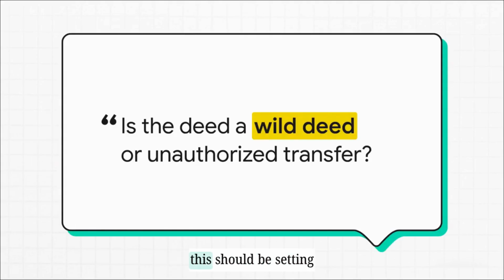As an investigator, this should be setting off massive alarm bells in your head. You have to start firing off questions. Was the deed into the trust misindexed by the county clerk? Was there maybe a probate case that transferred it? Was Carmen even the actual settlor of this trust? And most importantly, is this deed from Horizon Trust just a wild deed or an entirely unauthorized transfer? Until you can definitively answer those questions, Daniel Rivera's title is highly, highly questionable.